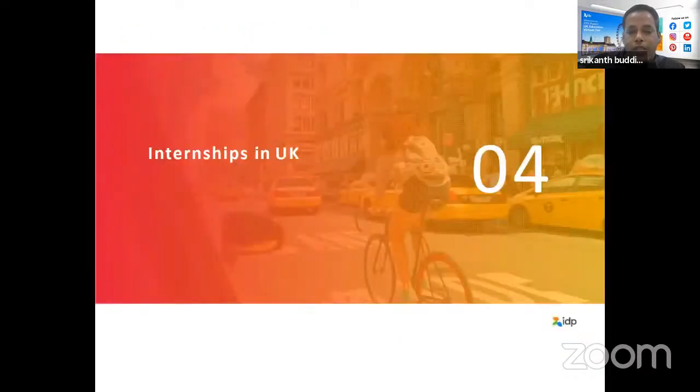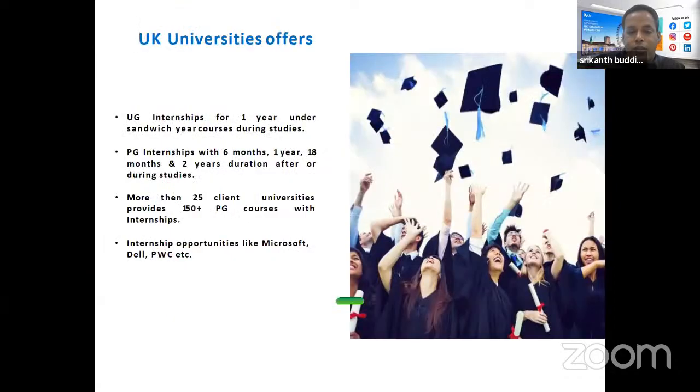So the UK is famous for internships, okay? If you are going for a master's program, you can do an internship. You will get your visa starting for 2.5 years. After that, you will get another 2 years of post-study work. So that is a total of 4.5 years. What is meant by internship in the UK? When you are studying a master's degree, first sem, second sem, you will study in university and you will do an internship for 1 year in the UK or any other country.